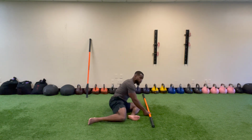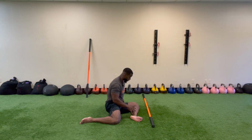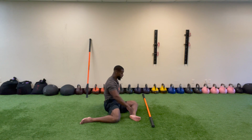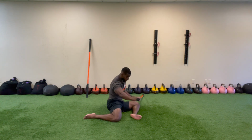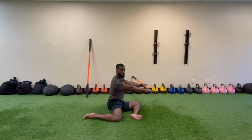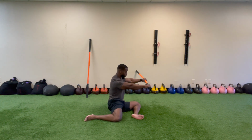So what I'm going to do here is face this way. And what I want here is to use a wall. I'm going to be driving the stick into the wall here. This is going to help me not only prop myself up, but it also allows us to create some tension in that lateral or frontal plane, to be specific. So I want to have both legs set up here, have the stick into the wall. Now from here, I want to have my arms straight. And what I'm going to do is drive the stick into the wall, 30%, drive both legs down,